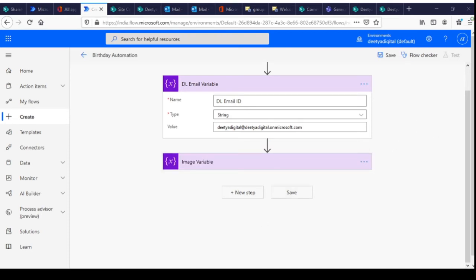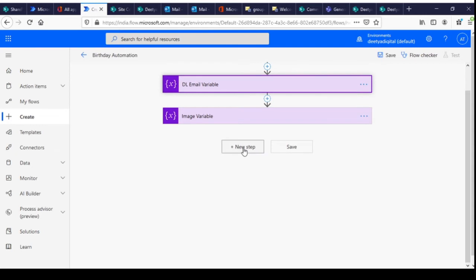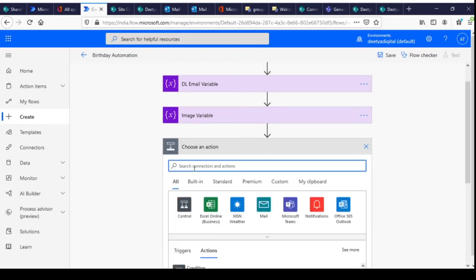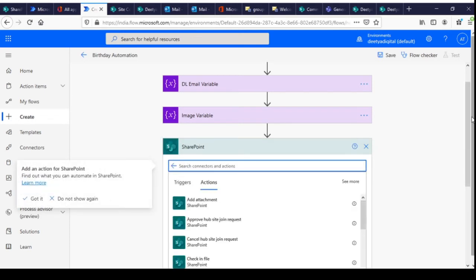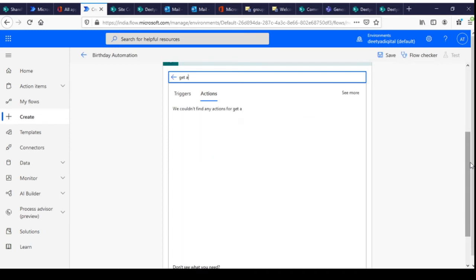Okay. So now we just need to call our SharePoint list, SharePoint get items.